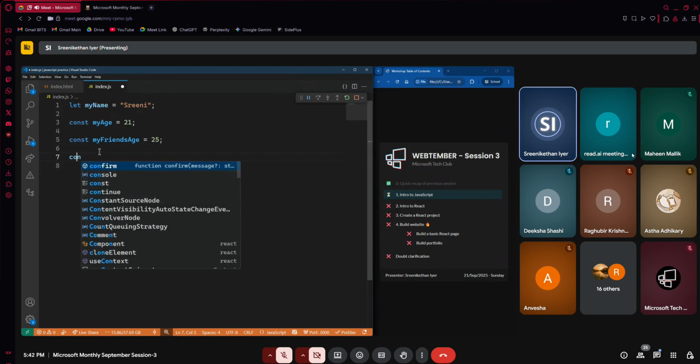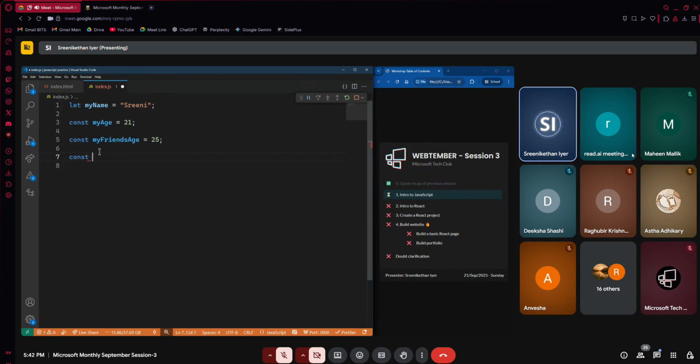So I'm going to create a constant called is equal age, and I'm going to put brackets here just for the sake of readability. We are going to check if this is equal to